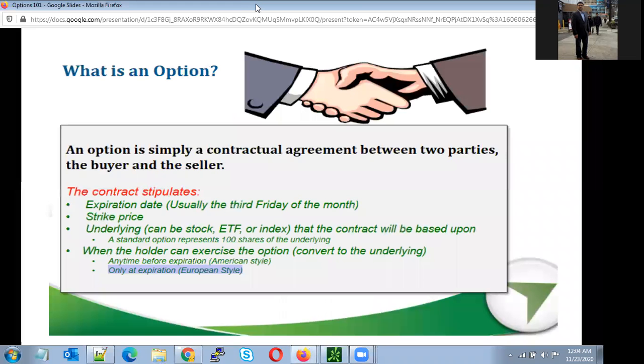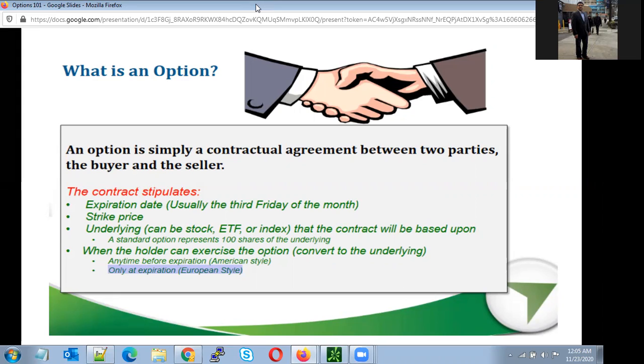So, what does option mean? As I said a number of times now, Deep and Jeet, we already talked about it. So what is an option, right? An option is a contract between two parties. We are not buying stocks yet. We are just thinking about buying a stock in the future. That is what an option is.